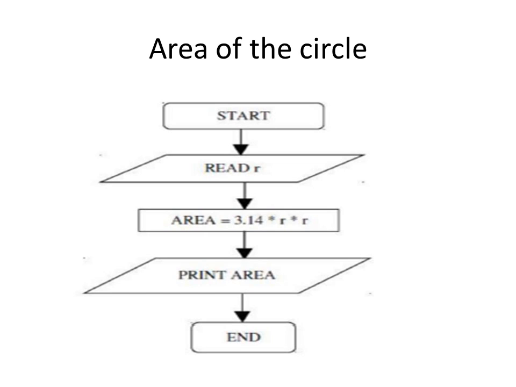Let us see the example for finding the area of the circle. We have to represent the starting and ending of the flowchart using the terminator symbol. Then we are getting the value, that is r, the radius value, from the user. So I am using a parallelogram for reading r. Then for the calculation, pi r square, I am using a rectangle box, that is a process symbol. Then after calculating the area, I have to print the area. Again I have to use the parallelogram symbol, and finally I end this flowchart.